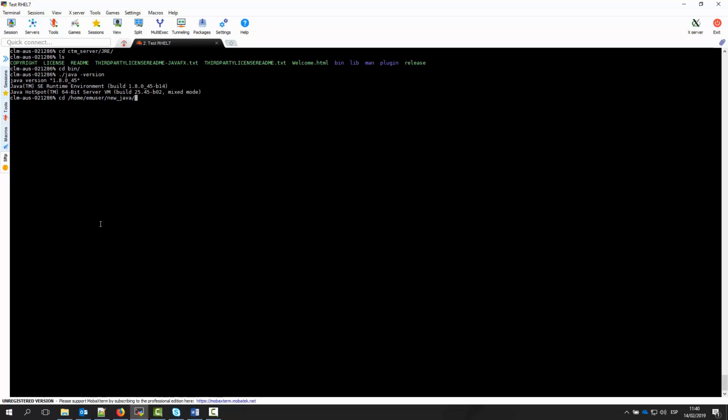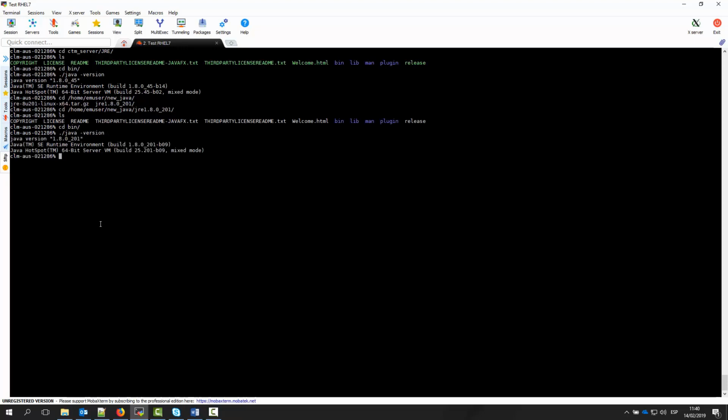For example, the one that I will use myself is 1.8.0_201, as you can see here. Having said that, let's proceed with the configuration. Before making any modification, we must take note of the directory where the new virtual machine is installed. In my own case, it is under